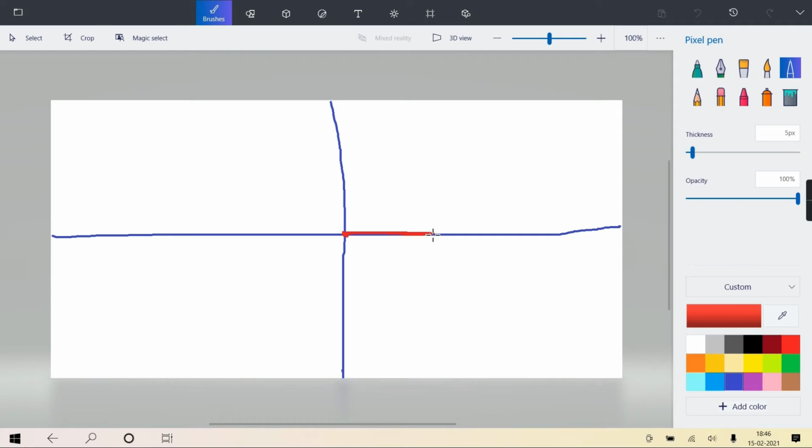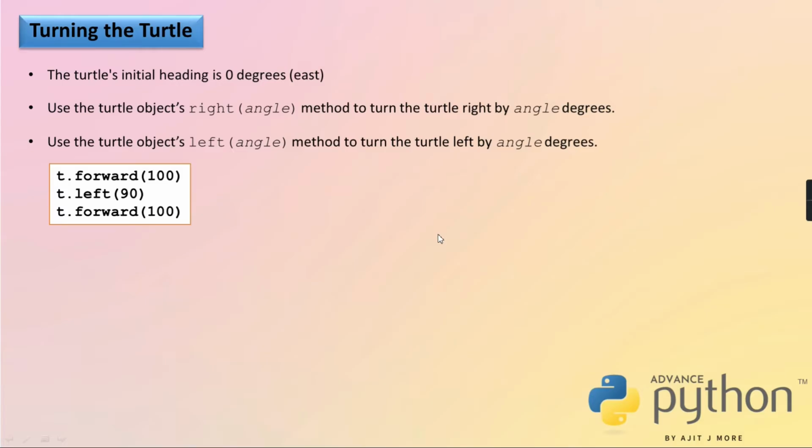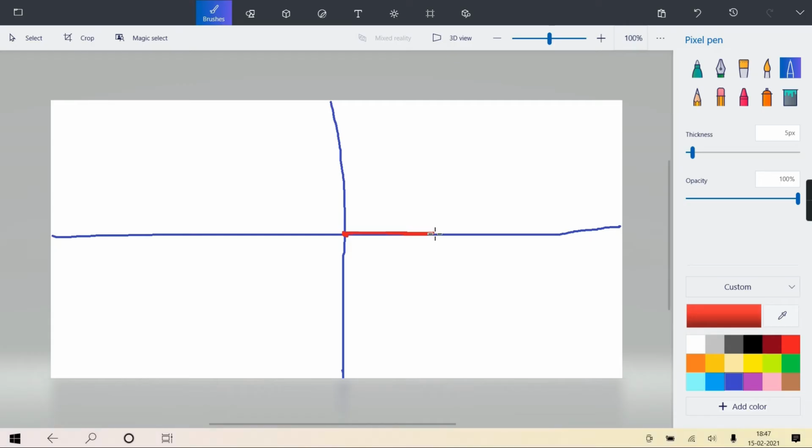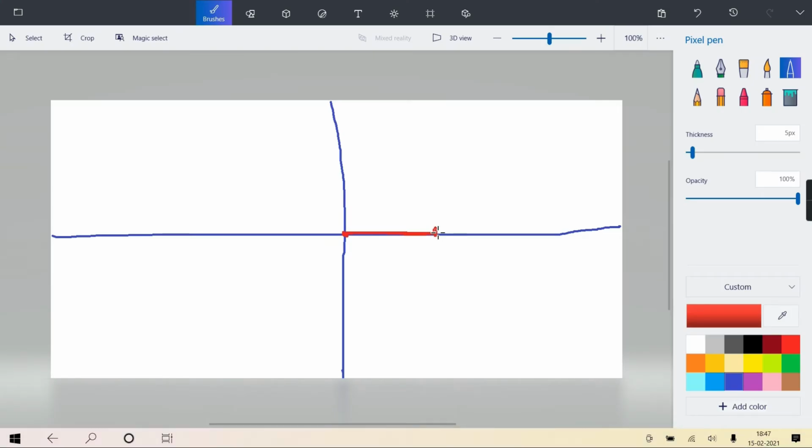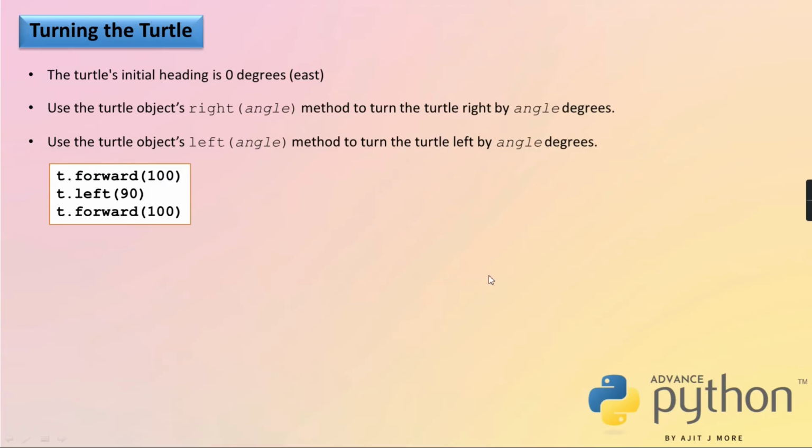But after coming ahead also the face is 0 degree east only. Then I am saying left 90 degree. So left 90 degree means it will move its face by 90 degree to the left side. So now the face is this side. And I am saying forward 100. So forward 100 means again it will go 100 forward in that direction.